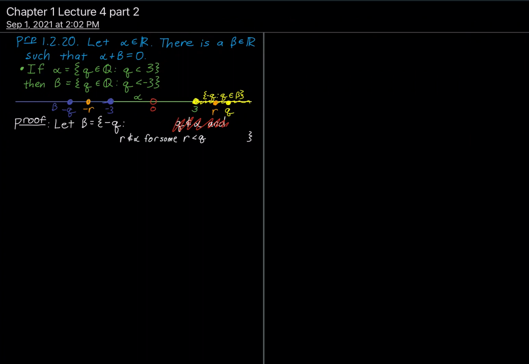All right, so we need to check. So what is it we want to show? WTS stands for want to show. We want to show beta is a cut and alpha plus beta equals 0. So let's go through our